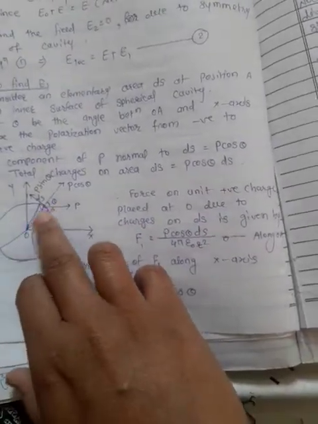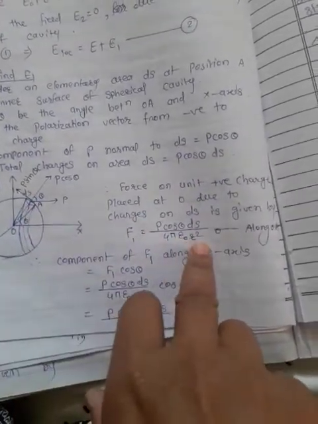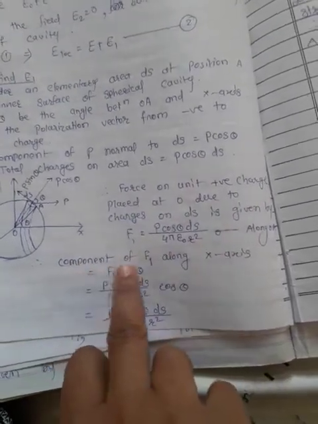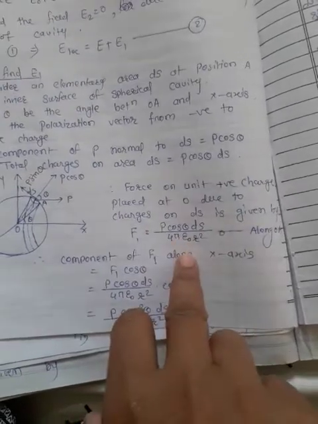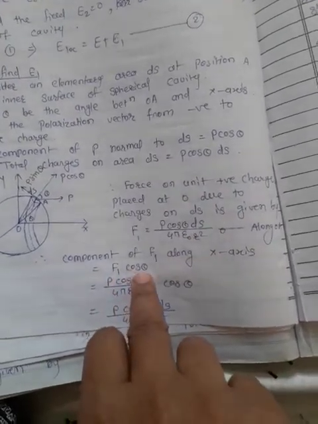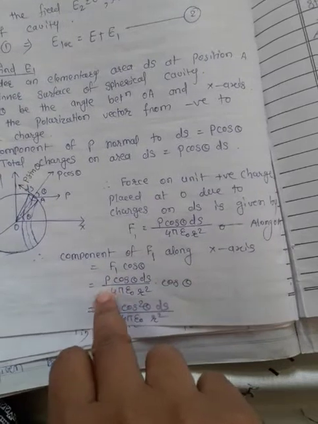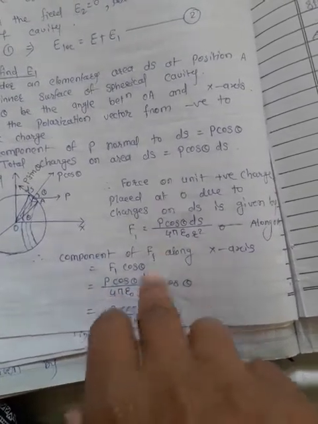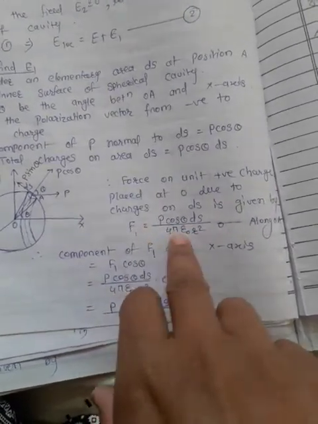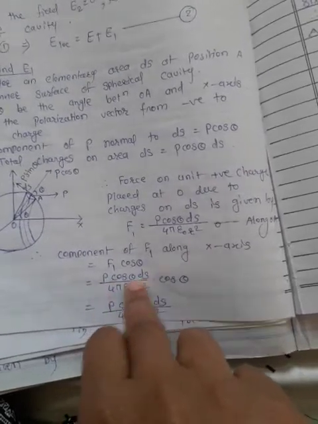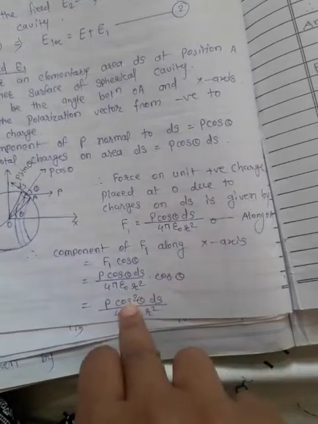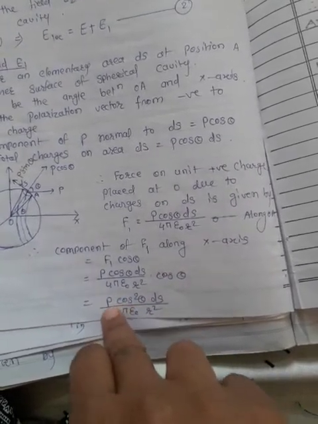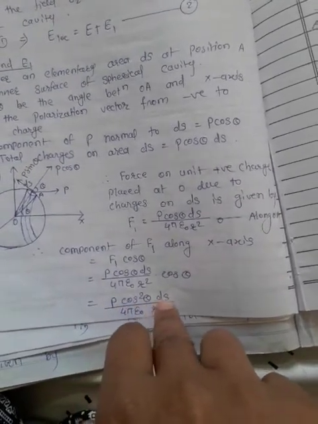This distance OA is r, which is taken as r square. The component of F1 along the x-axis is F1 cos theta. Therefore, we consider here P cos theta ds. We take the value of F1 as P cos theta ds upon 4 pi epsilon naught r square into cos theta. This becomes cos square, meaning P cos square theta ds upon 4 pi epsilon naught r square,